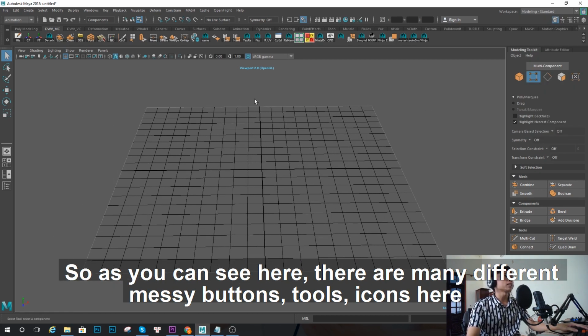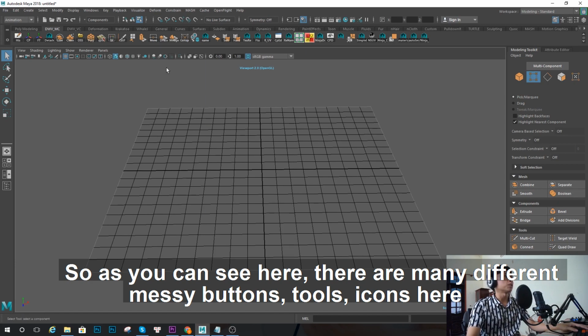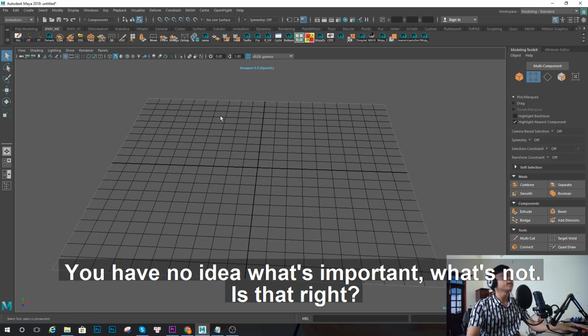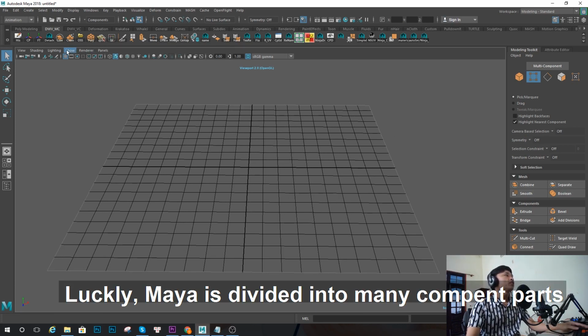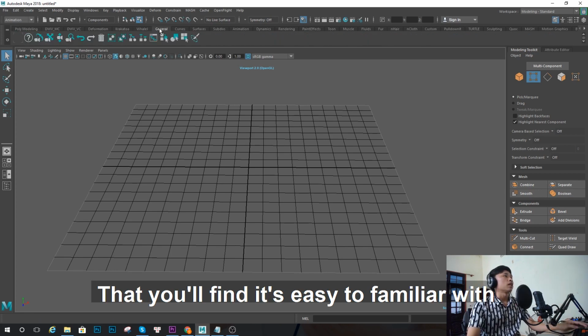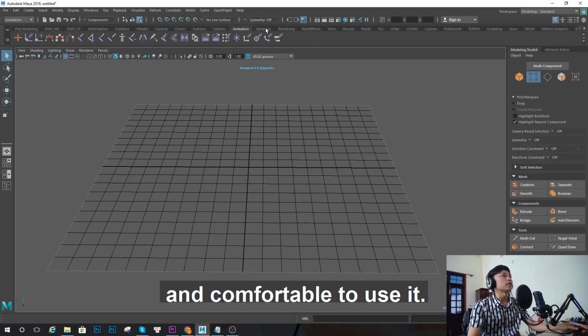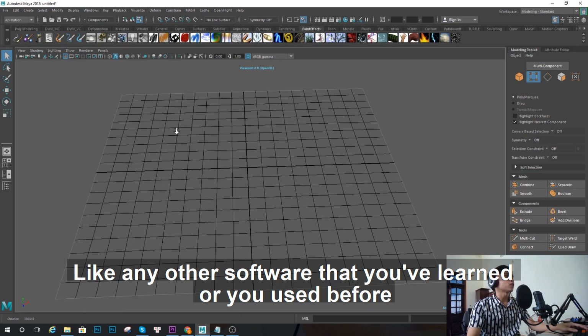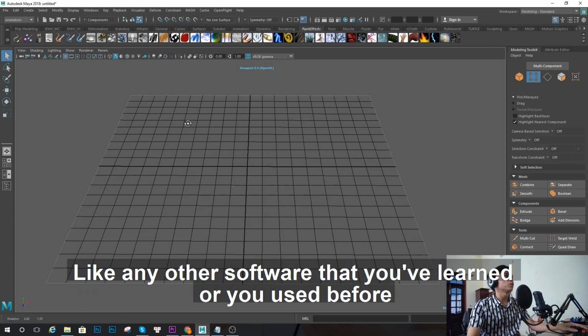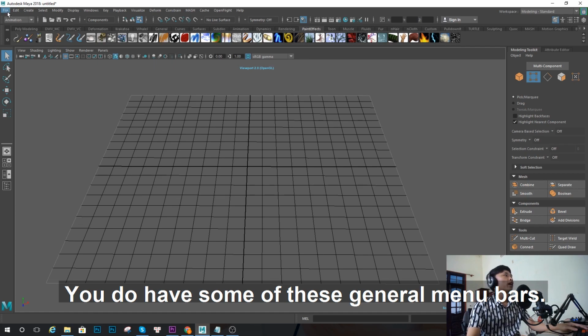So as you can see here, there are many different messy buttons and tools and icons here. You have no idea what is important, what is not, is that right? Luckily, Maya is divided into many component parts that you'll find easy to get familiar with and comfortable to use. Like any other software that you learned or used before, there are some general